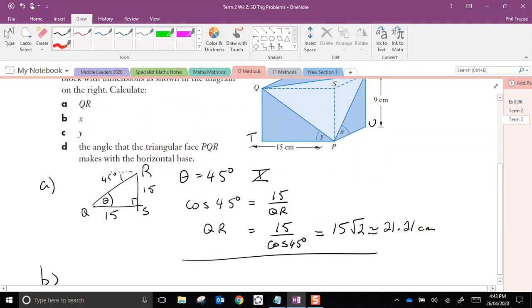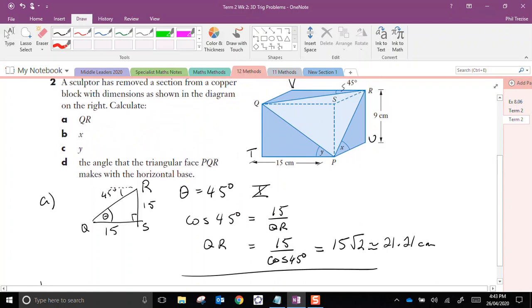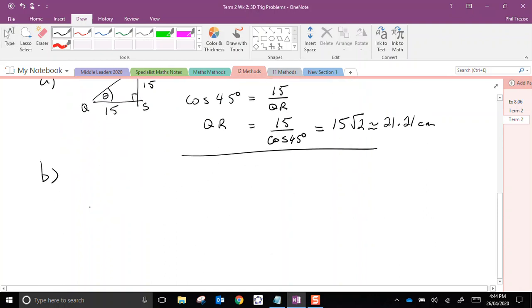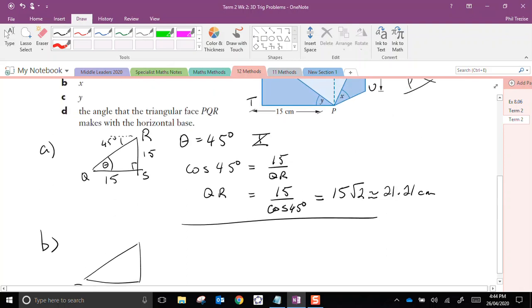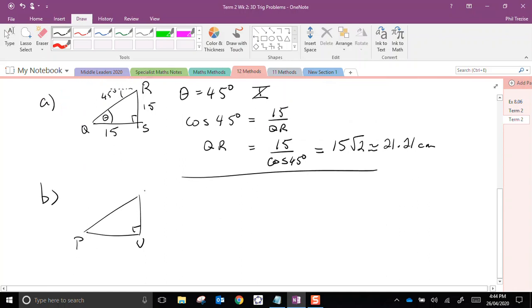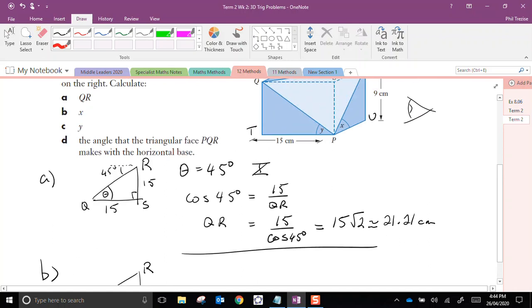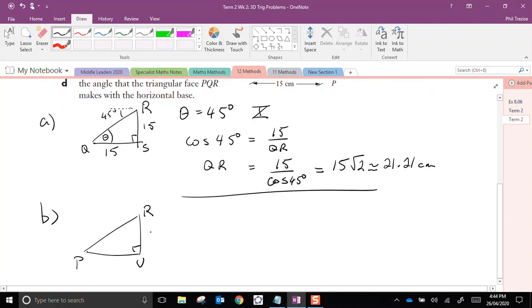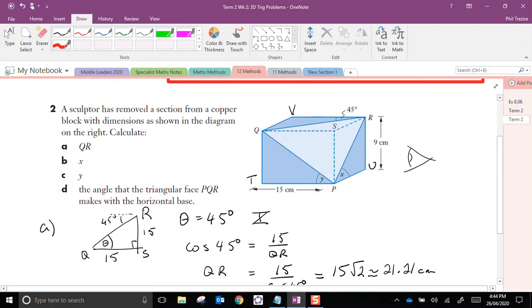Part B. Calculate the value of x. So looking here at x, I'm looking from the side, looking from this way, and I'm going to be seeing a right triangle here with P, U, and R. So there's my right triangle. Just double check, P was there, U was at the far corner up to point R. Now what do we know? We know the height of this is 9, and